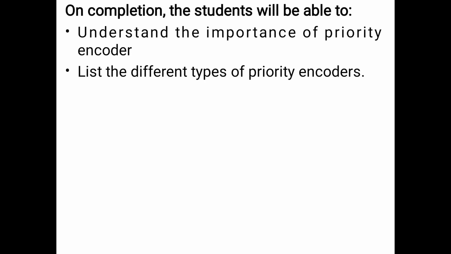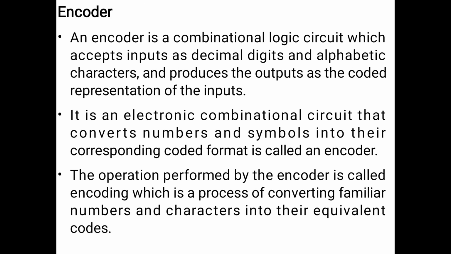of priority encoders. Encoder. An encoder is a combinational logic circuit which accepts inputs as decimal digits and alphabet characters and produces the output as the coded representation of the input. It is an electronic combinational circuit that converts numbers and symbols into their respective coded format. The operation performed by the encoder is called encoding, which is a process of converting familiar numbers and characters into